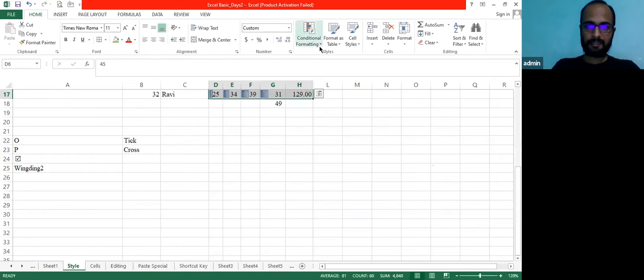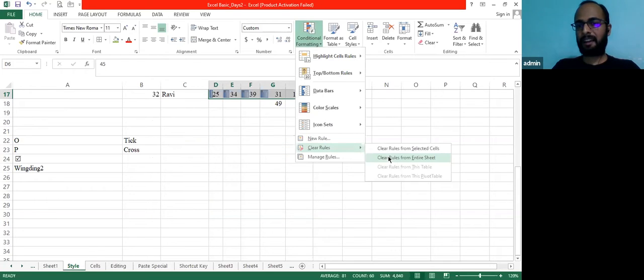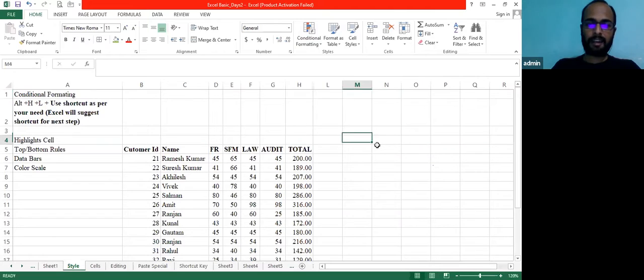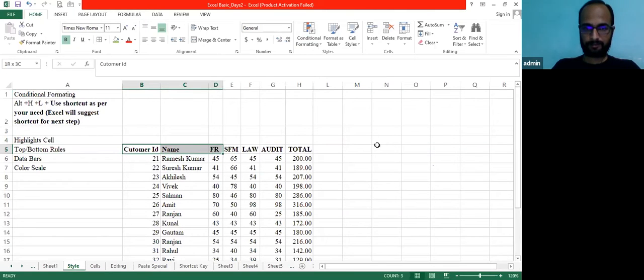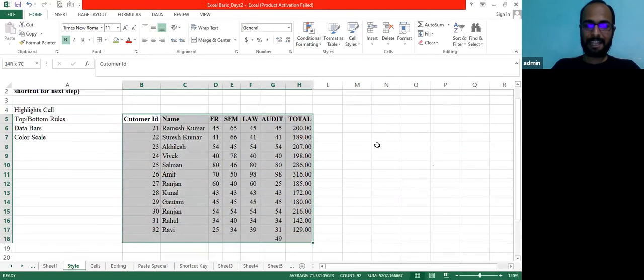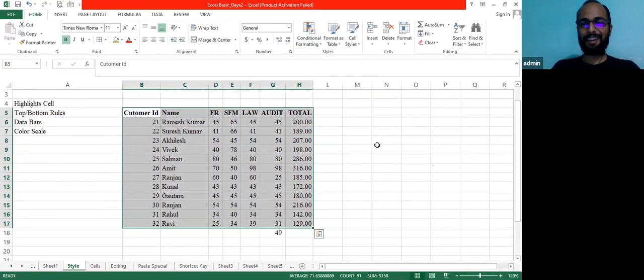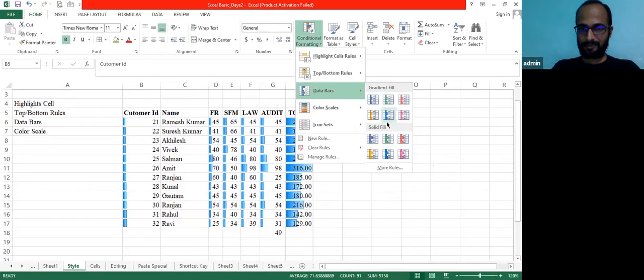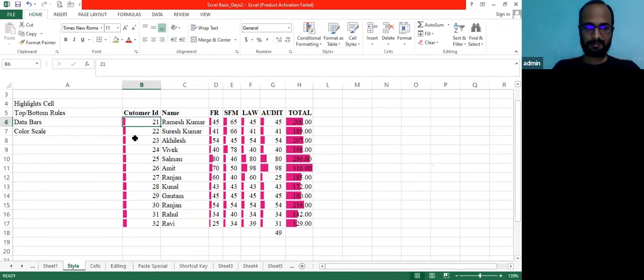Let me apply it again, because these commands are very rare, and whenever you are doing any analytical work, we need to use this command. We require these commands. At that point of time, we used to wonder from where we can do it. Conditional formatting, data bar. There are n number of options given. So if you want this one, you can select this one and you'll get this. But remember one thing, this will work on numbers only, not on text and other content.